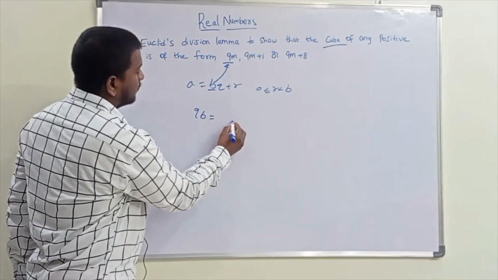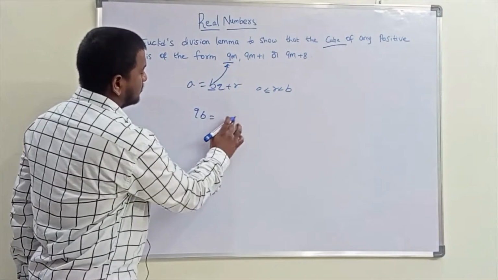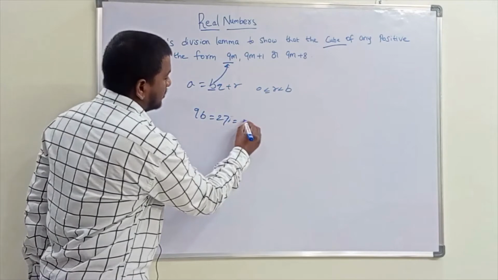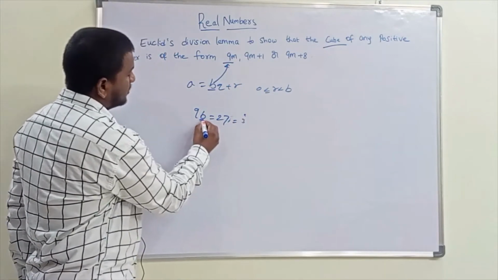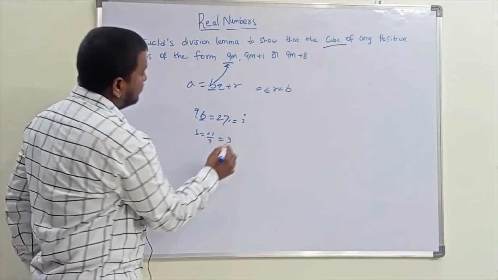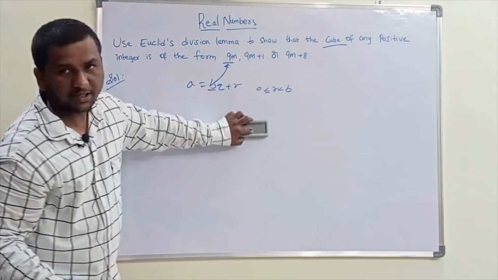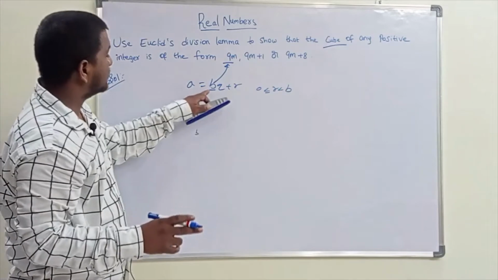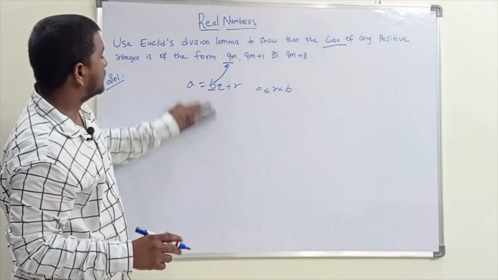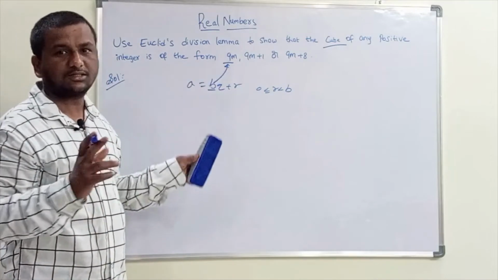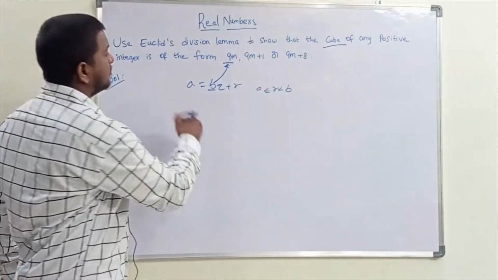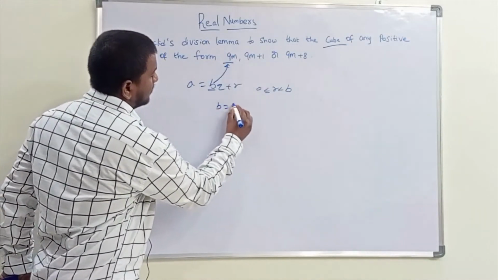So what is the value of b? So 9b, if it is 27, 27 is a perfect cube, right? That is equal to 3 cube. So b will become 27 by 9, that is equal to 3. So we should take b only 3. Why 3? Because 3 multiplied by 9 gives us the perfect cube. If it is 4, 4 9s are 36. 36 is not a perfect cube, right? So we can't solve this problem. So to get the perfect cube, the b value should be 3.